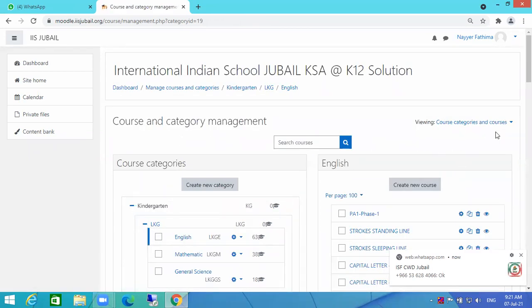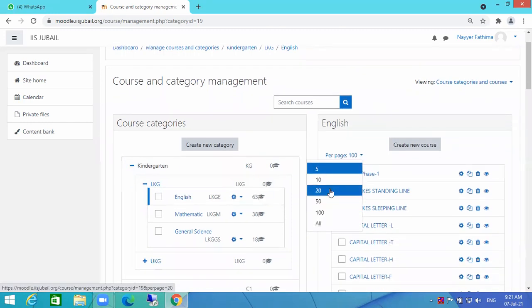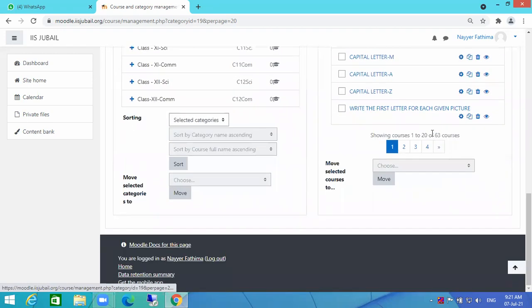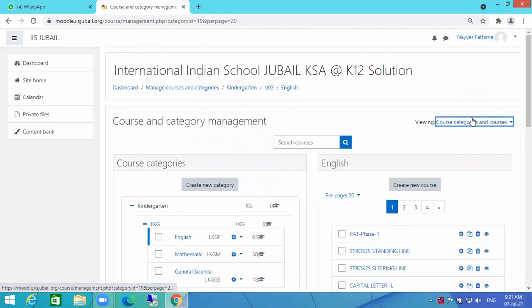Similarly, this is for all the subjects. Now here you can reset it to 20 after arranging. Here is the course category, so that is view only; leave it, no issues. So, manage the courses.